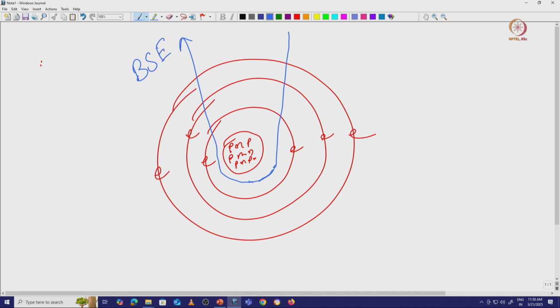There is another possibility: one electron is coming here. This backscattered electron is very close to the nucleus and reflects back. This kind of backscattered electron may interact with the other electron and lose its coherent property. So, what do we mean by a coherent electron beam? It is good to know about the coherent electron beam.